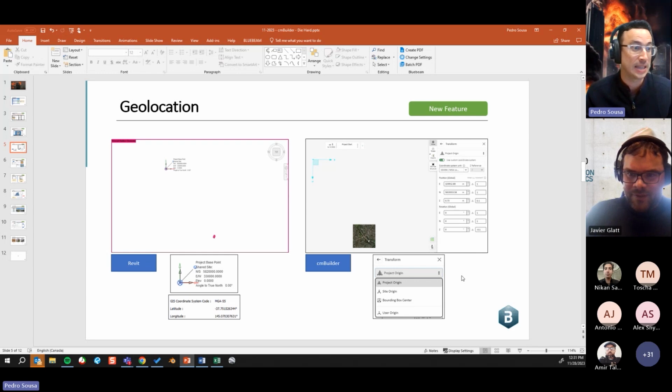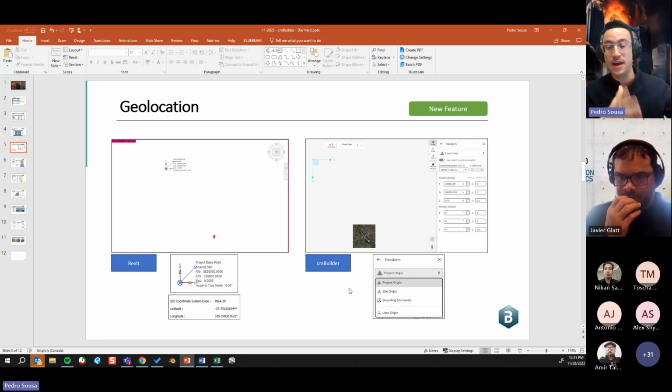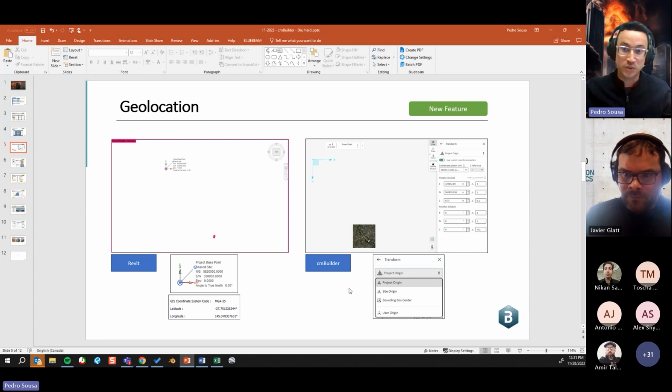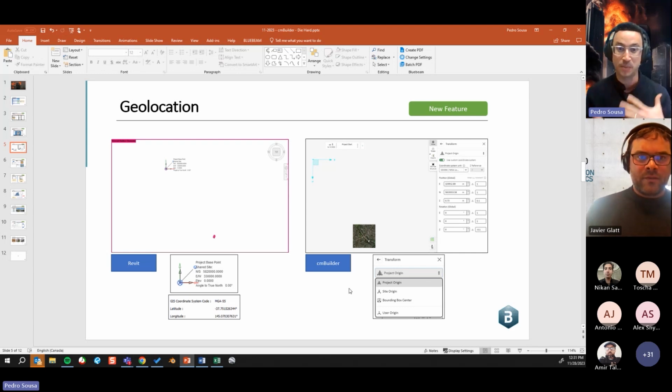So basically, the idea is that you have a file that already has the information about where it's supposed to be in the world, and we want to locate that in the 3D virtual space in the right spot. There are a lot of different things related to that, and attributes and properties and aspects that we need. It goes on a case by case basis, but using the Revit example over here, basically you have a file